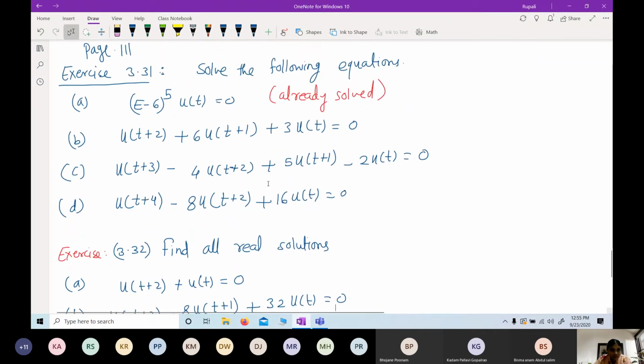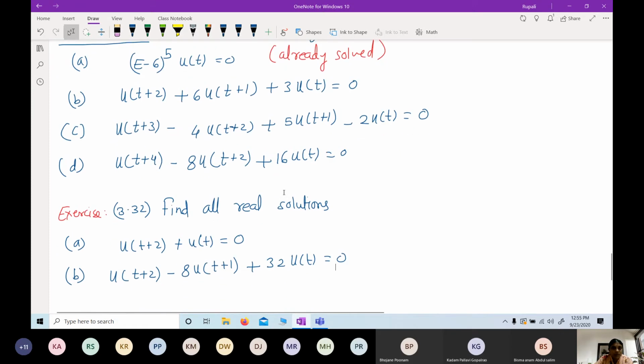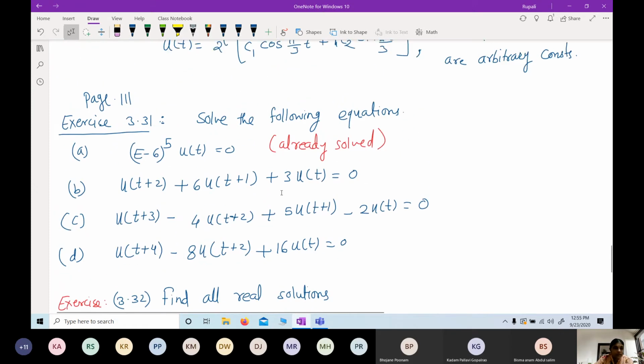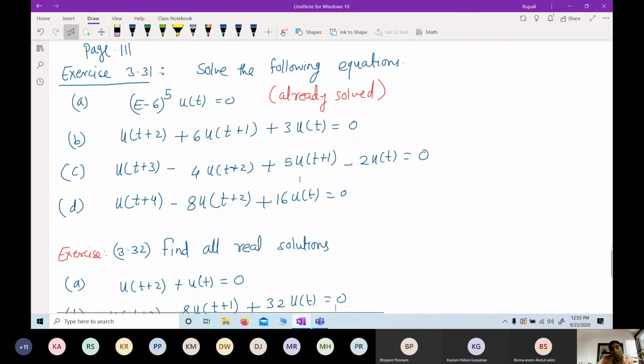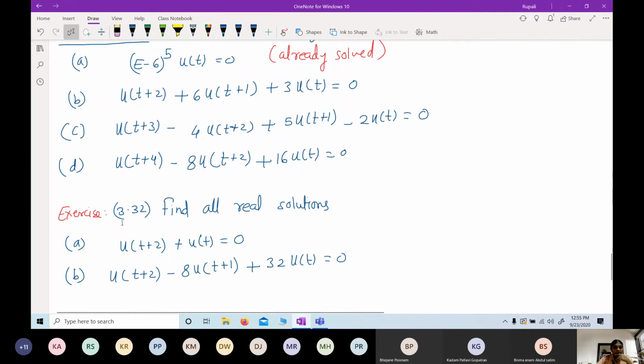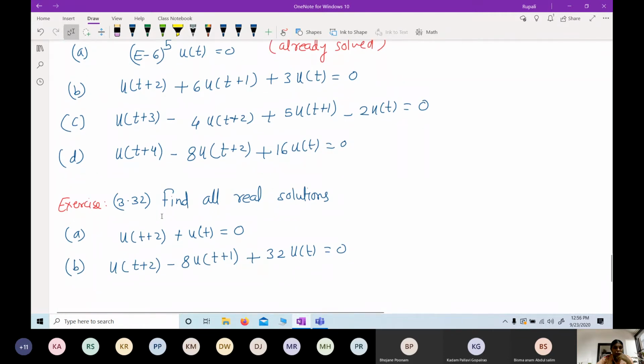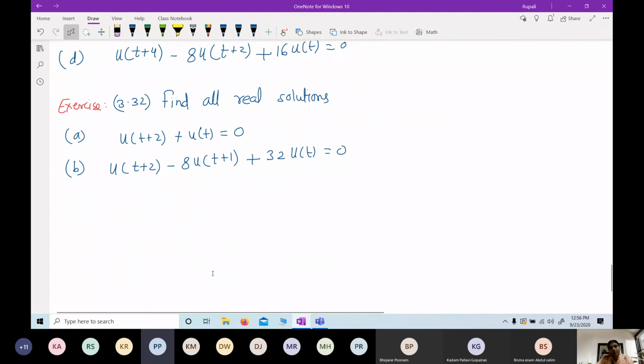Okay. So I will solve one here, the remaining you can take as homework. Which do you want to solve here? Let me solve this fourth order. Second order and third order we have already seen. So let me solve this D. Is that okay, or any other one you want to solve? D, ma'am. D only. Okay, so D.